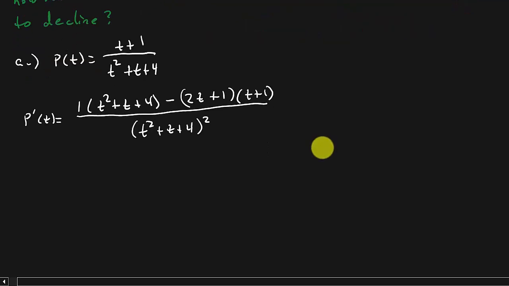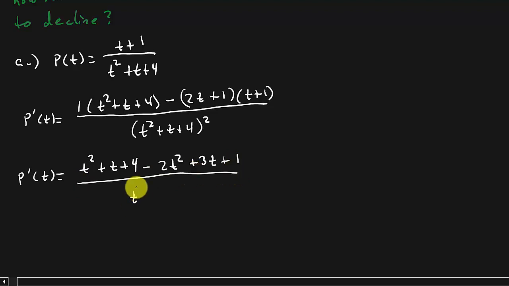All right, and so let's simplify this. So we get P prime of t is equal to t squared plus t plus 4 minus, and that's going to be 2t squared. I'm going to FOIL this out, so that's 2t plus t is 3t. 1 times 1 is 1, and this is all over the denominator